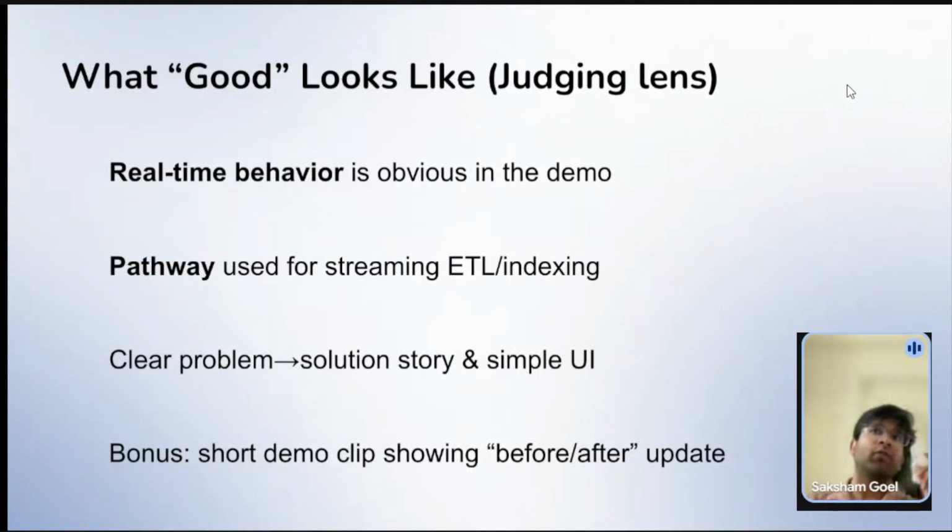If you look from the judging lens, or what a judge would see in your solution, I've been blabbering a lot about the real-time live AI aspect, which is obvious. Once a particular update happens, you need to show the before and after of the application. Like, once you put another PDF file in your file system connector, you need to show how exactly the change was parsed, indexed, and then how exactly your answer to the particular question changed.